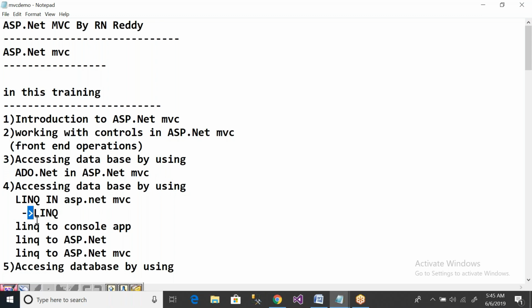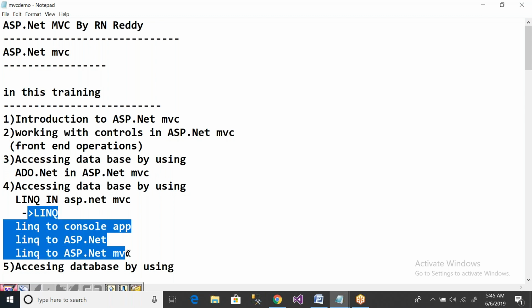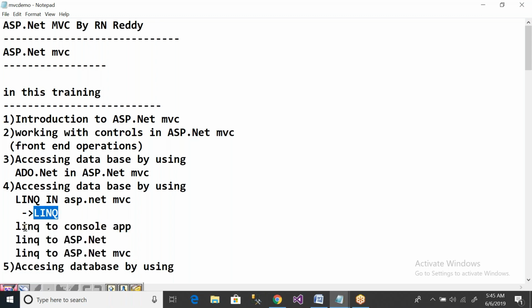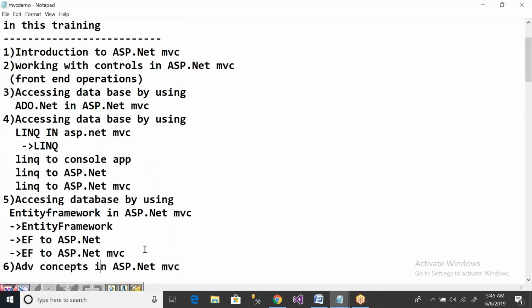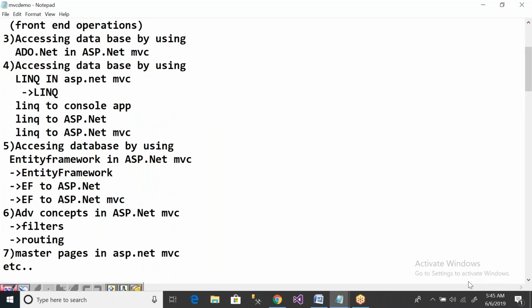There will be more and more clarity about the LINQ concept because LINQ is new for many. Generally, at the time of ASP.NET you might learn ADO.NET, but you didn't learn LINQ. That's why a LINQ introduction will be there. We will use LINQ in a console application, LINQ in ASP.NET, then LINQ in ASP.NET MVC. After that, we'll work with accessing the database,